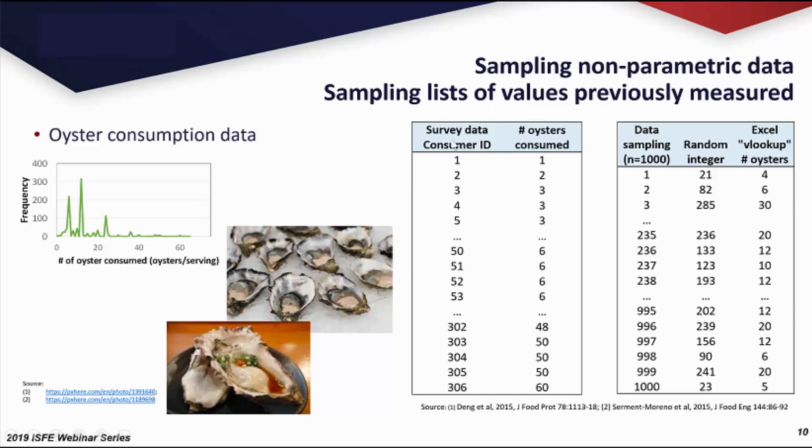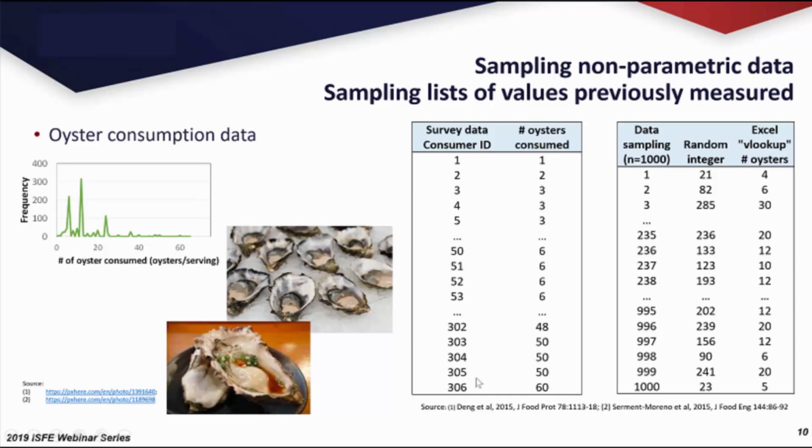I guess he ate it and didn't like it. Consumer 2 ate 2. Consumer 3 ate 3, etc. So consumer 56, a lot of 6. And then a few consumers ate a lot of oysters. Okay. So what I can do in order to generate a statistical sample of this data, I can say, okay,